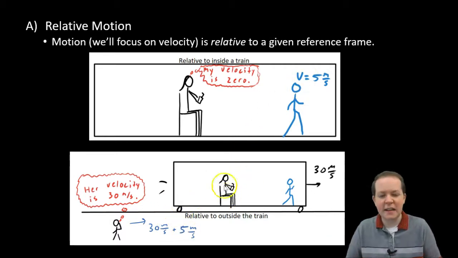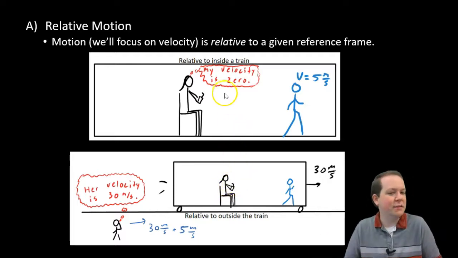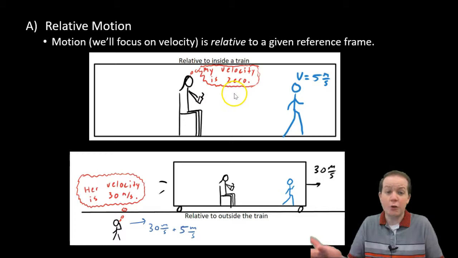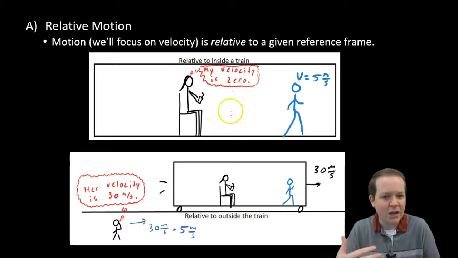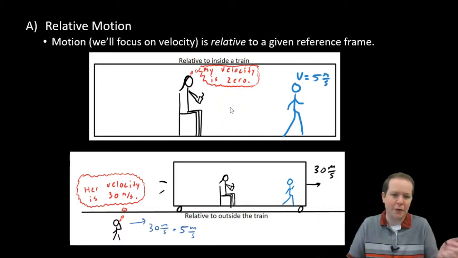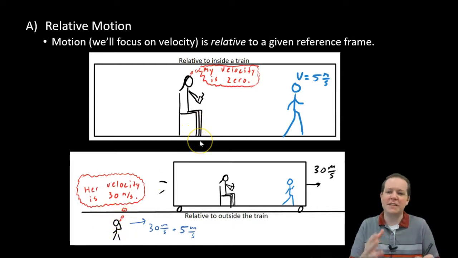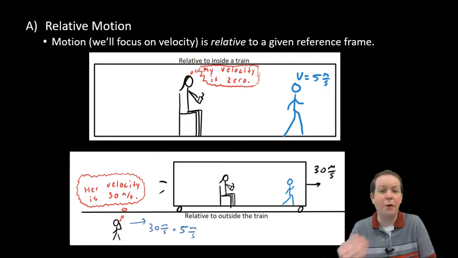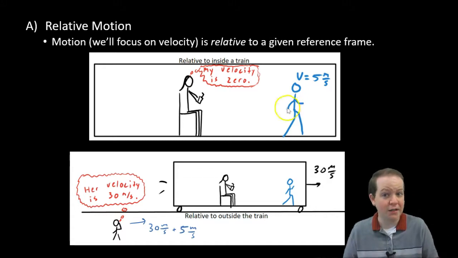Is it wrong to say that this person is moving at 30 meters per second? Or is it wrong to say they're moving at 0? Well, neither is wrong. Both are correct. It's just relative. Both of these, in fact, are accurate as long as you're aware of what your reference frame is. Normally, our typical reference frame has been like this, but either way is acceptable. So this kind of nuance can be important when we're understanding the center of mass and how it may interact with or affect the motion of objects, okay?